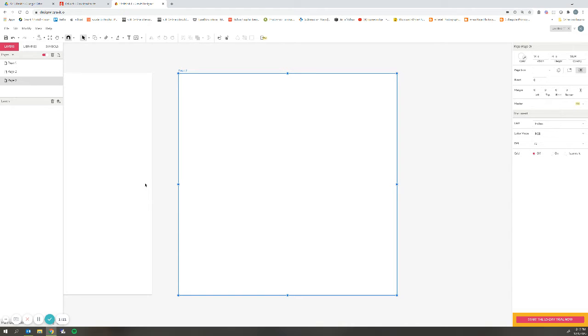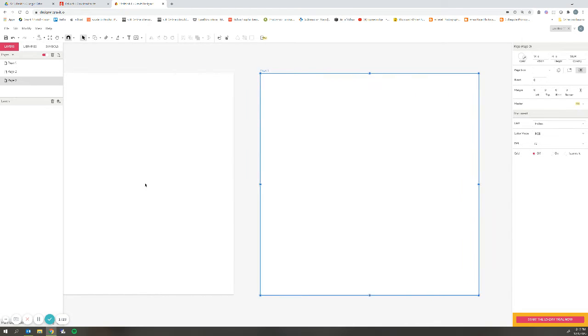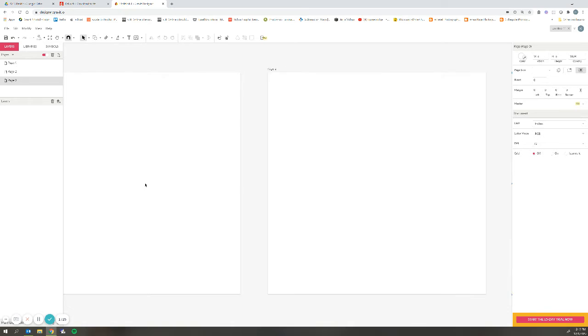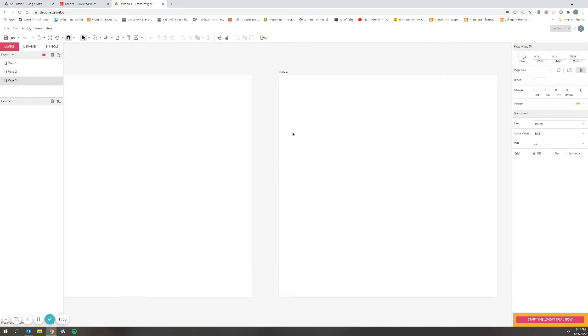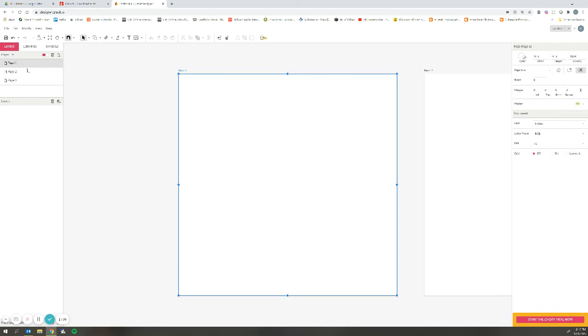And then I did a zoom in, I did a Control+, and you can see when I did that, because Artboard 3 or page 3 is selected, it automatically zoomed into that one. So we're going to scroll over to page 1 and click on that. You can see we're clicked on it here and over here. And we're going to start adding